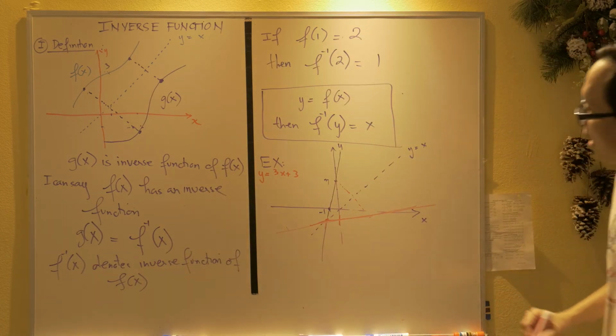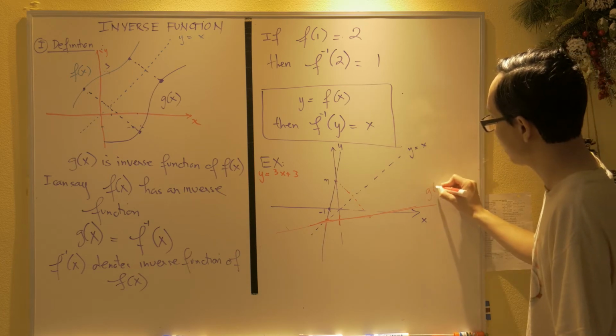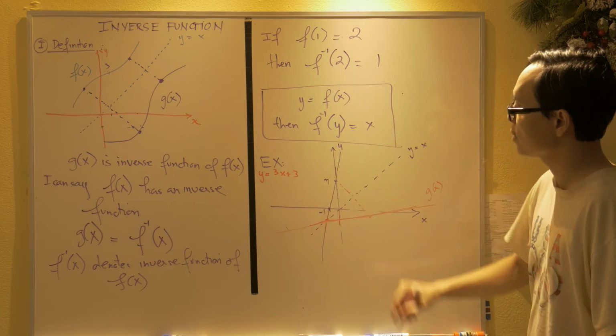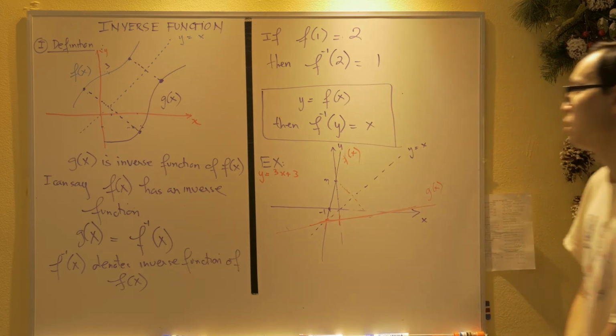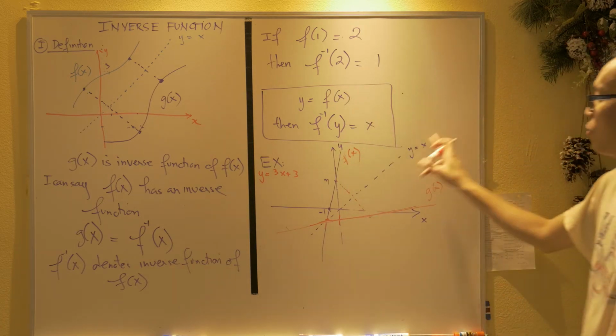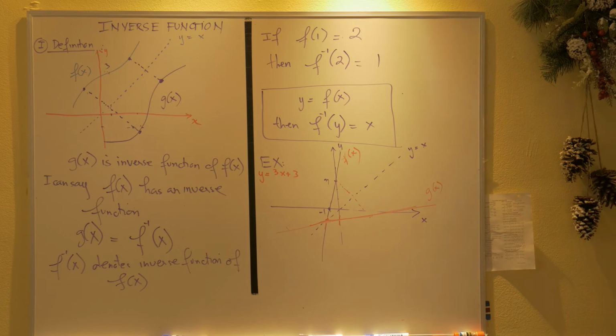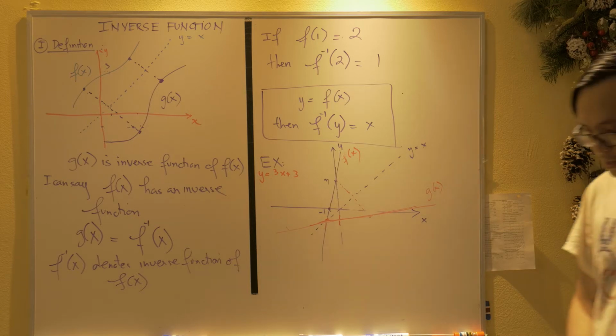Okay. So I say the function g of x here is the inverse function of f of x here, because it's symmetric about the line y equal x. Okay. Let's consider this as the example of the inverse function. Okay. But the thing is that